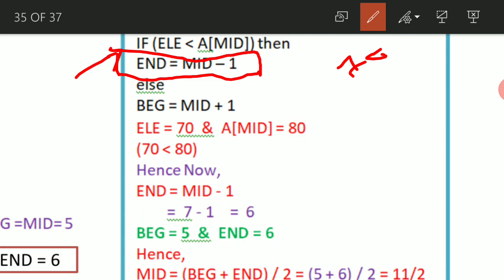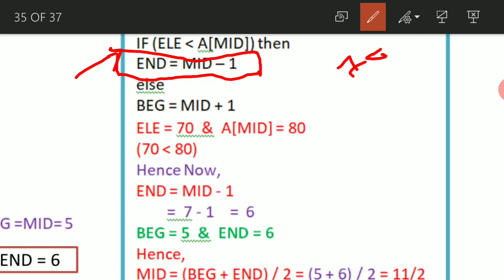I told already, the end and beginning values will be altered when the mid value does not match with the search element.